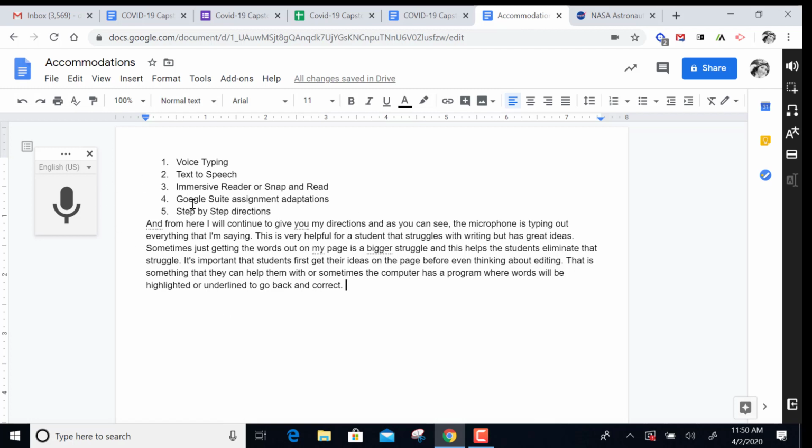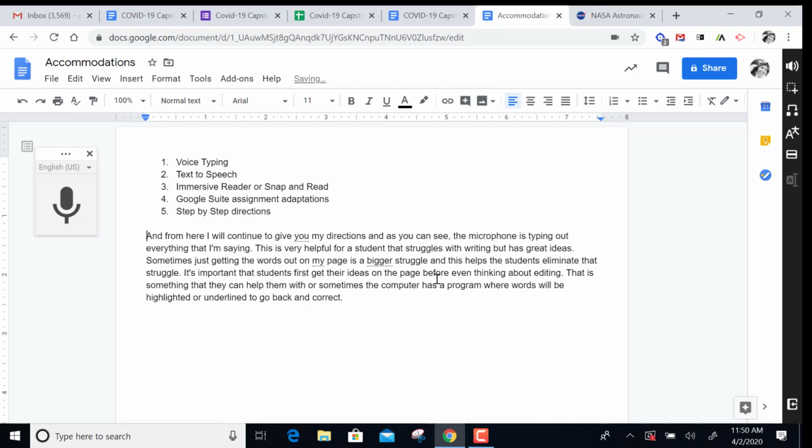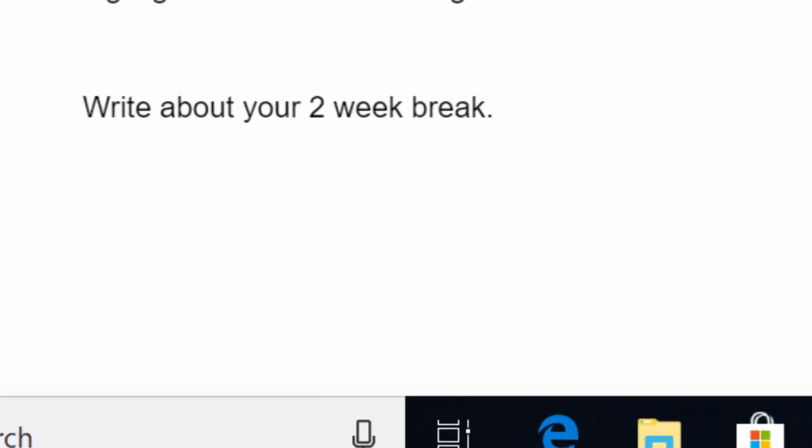The other one is the Google Suite assignment adaptations. So if I am trying to help my students and they have been assigned an assignment from another teacher, and the prompt is write about your 2-week break, I, as a teacher, know that they're going to struggle here. So what I would do is I would go in and scaffold by maybe writing in a different color, and I would say,